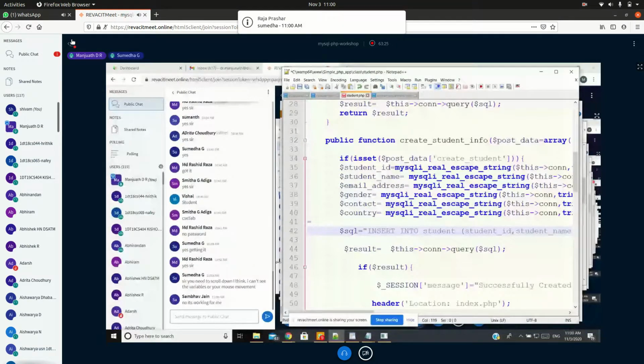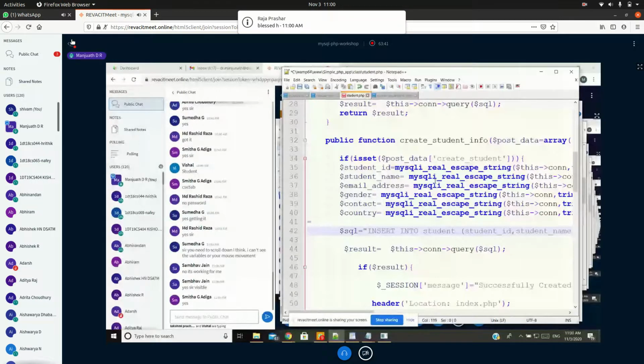Maybe it's only my problem. Apparently, it's working for others. Sorry. Others, whatever modification I have done with the create student info, is it visible? Okay, okay. Only I think Sumedha, you faced that thing. Sumedha, is it visible now?